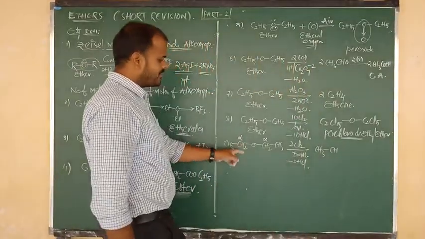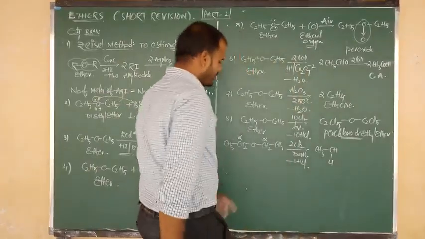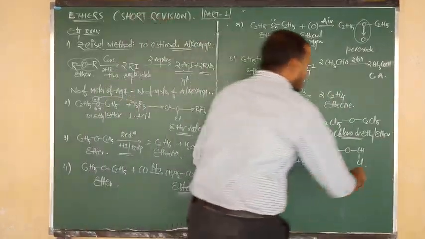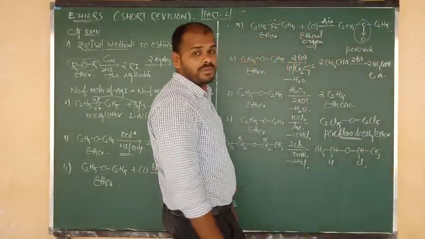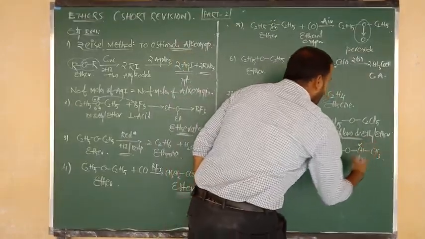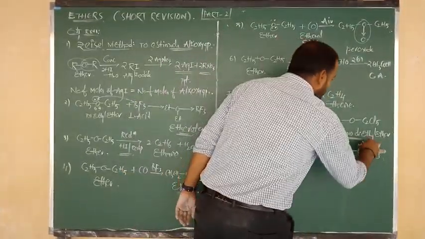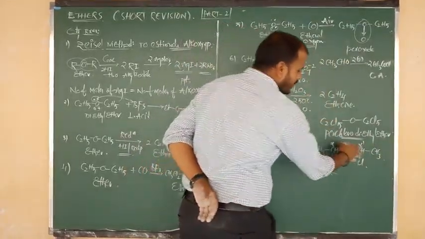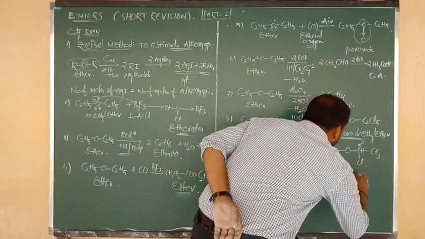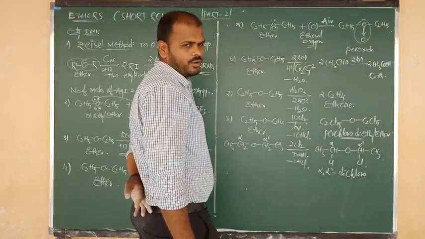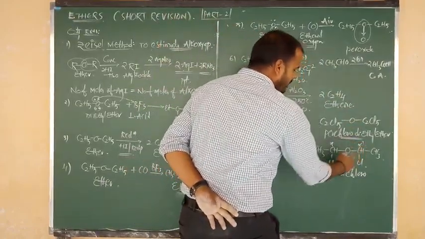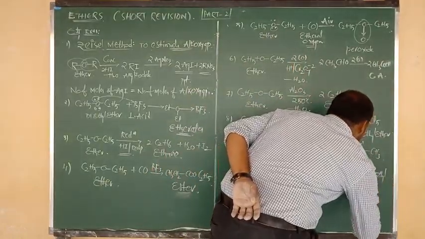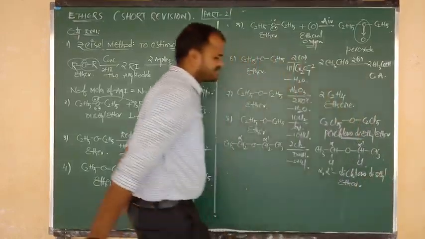And the remaining product I write as it is. CH3 bonded to CH, where one of the alpha hydrogens is replaced by Cl, connected to O. Again O is connected to CH, where one of the alpha hydrogens is replaced by Cl, and then connected to CH3. So what is the name of the product in dark condition? To show the variation, denote one alpha and the other alpha prime. So the final product is alpha, alpha prime. How many Cl's are there? 2 Cl's, so I have to write dichloro. Alpha, alpha prime dichloro diethyl ether. Understood?